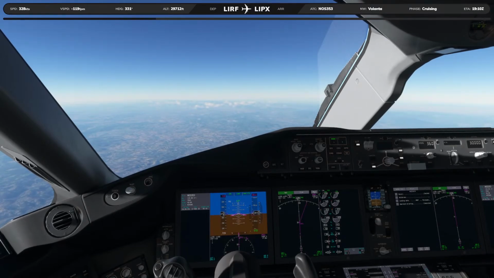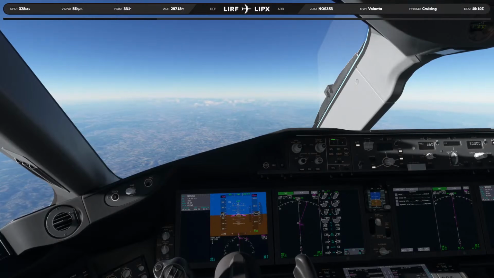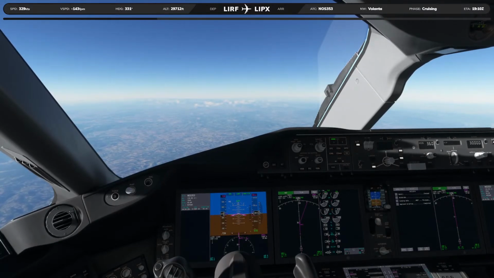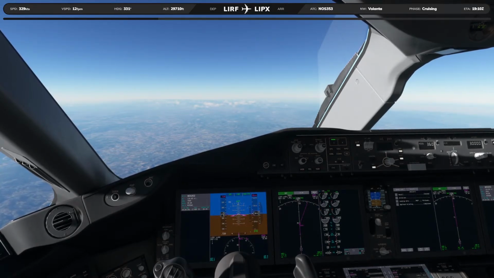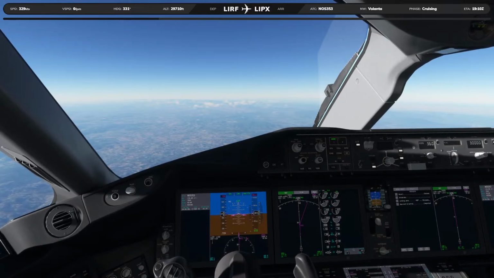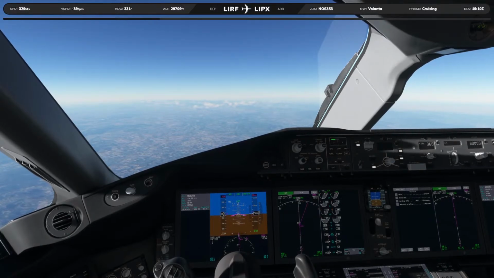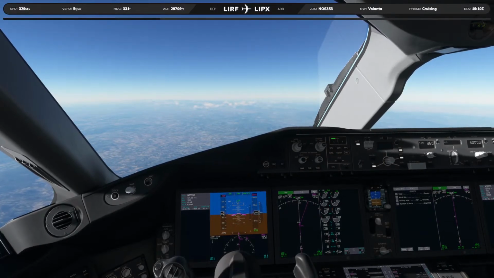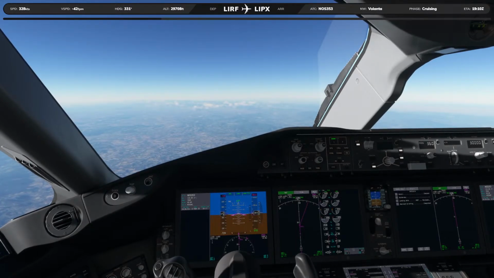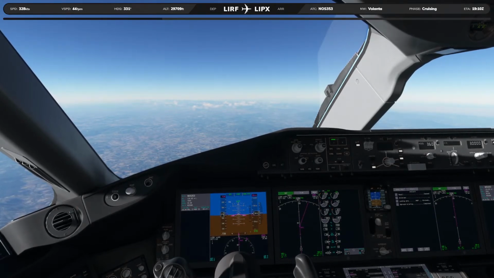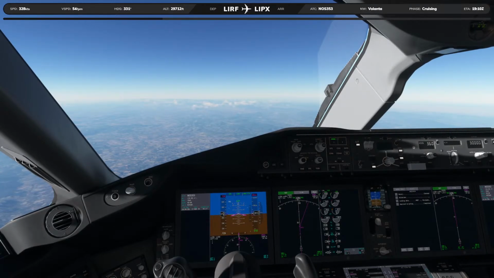And by having the ideal lean on the SR22, you can actually save a lot of money. If you consider how many gallons you're going to save when you lean the mixture properly, and if you don't, it's going to cost you more money. So there is actually a benefit of flying the aircraft properly, which is something we don't see with all the other aircraft. But this one by TorqueSim is amazingly detailed and amazingly accurate.